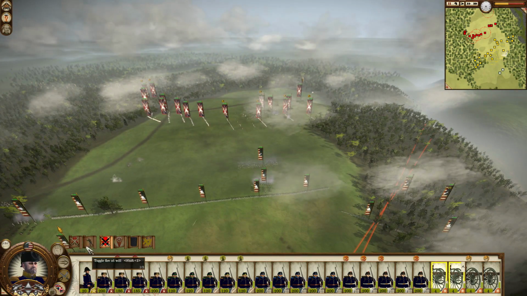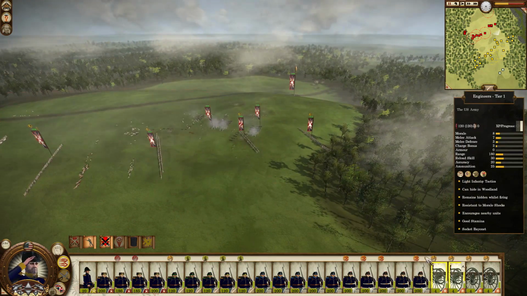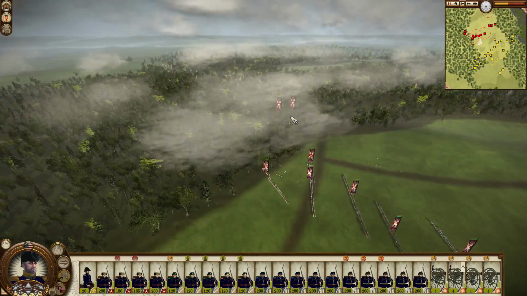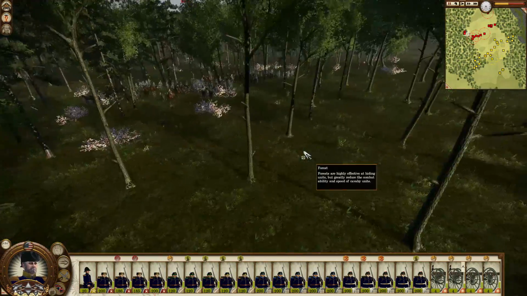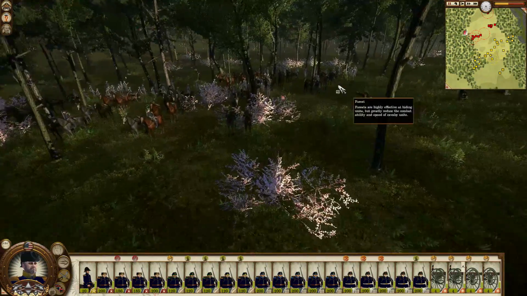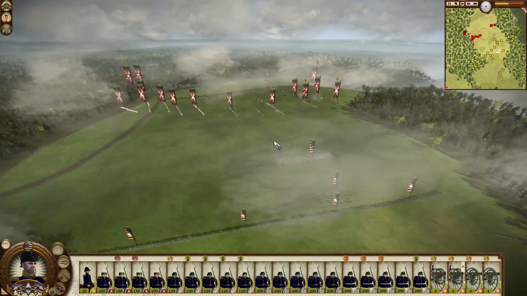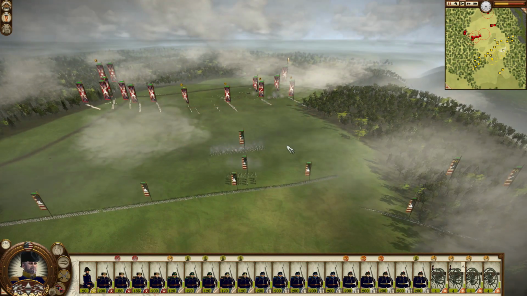Alright, it's done. Fire at will, or not really fire at will. I want you to blast the enemy howitzer. So even though we have blasted these 3, there's still these 2 in the forest here. For some reason they're not firing at us, and they're just sitting there in the forest. The rifles are having a field day here, firing at the